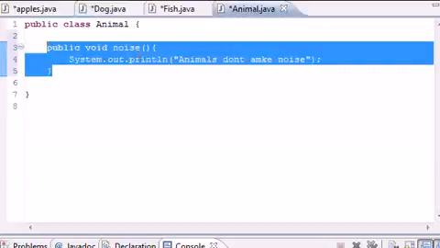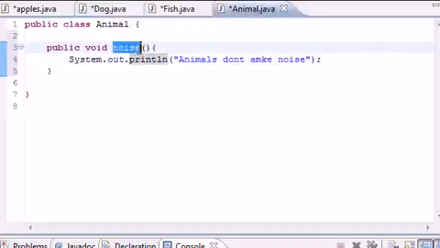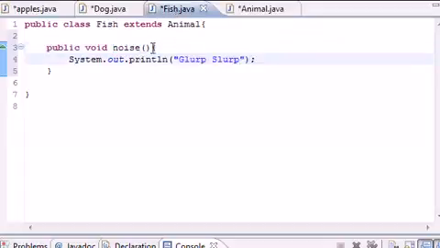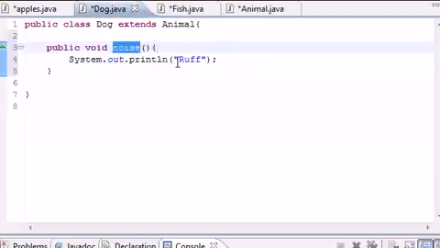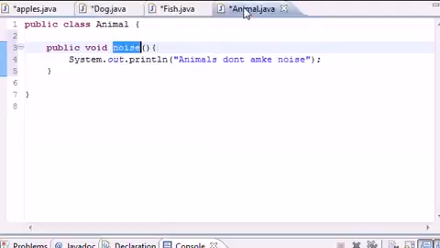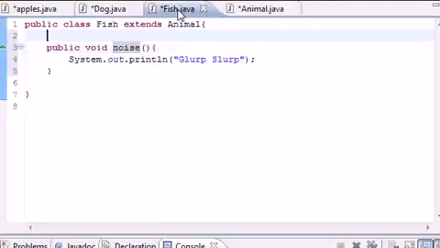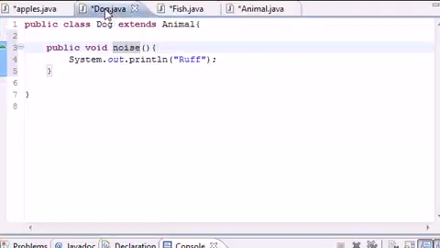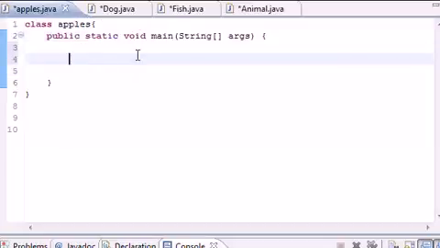So now we have this method called noise in animal, and we also have a method called noise in fish, even though fish don't really make noise, but this fish says glurp slurp, and we have one in dog called noise that says rough. So we have this main method in animal, and it gets overwritten when you call it in dog and fish. Now that we have three methods named the same thing, let me show you guys the